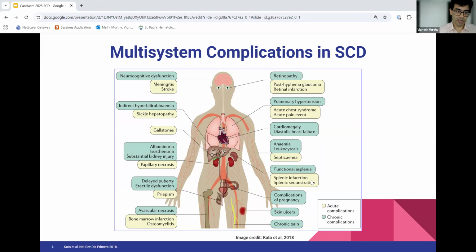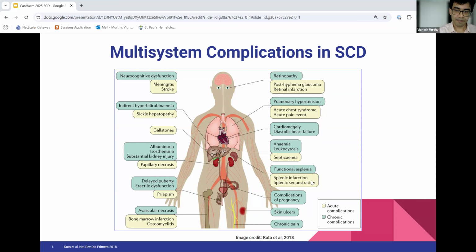And how does this affect patients? Well, if you can name an organ system, as you might imagine, there is microvasculature in every organ in your body. So if you can name an organ system, sickle cell disease can and will affect it. From neurocognitive dysfunction to renal failure to functional asplenia to avascular necrosis, infertility, cardiopulmonary complications, and so on. So if you can name an organ system, sickle cell disease will affect it, and there's complications that we have